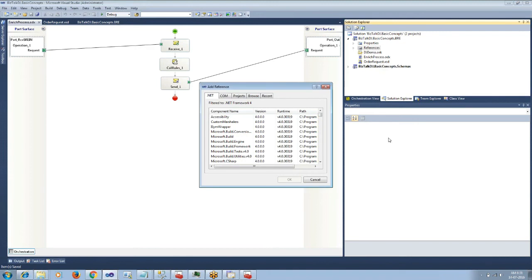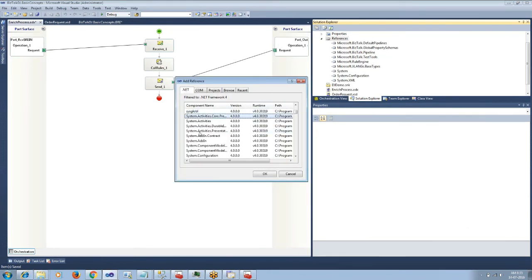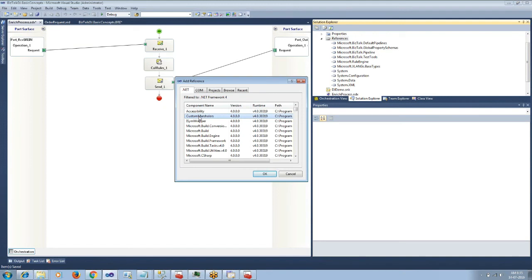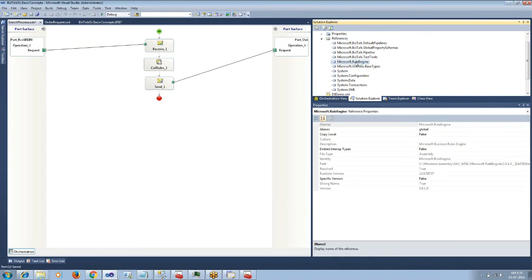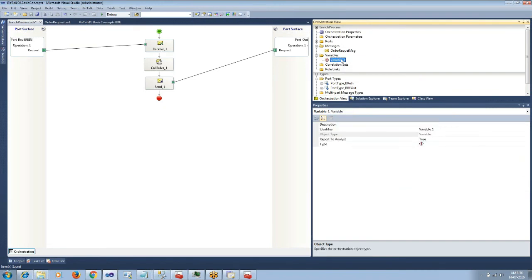I would add a reference of Microsoft.RuleEngine assembly. Then I would add system.data and system.transactions. Create a variable for SQL connection.